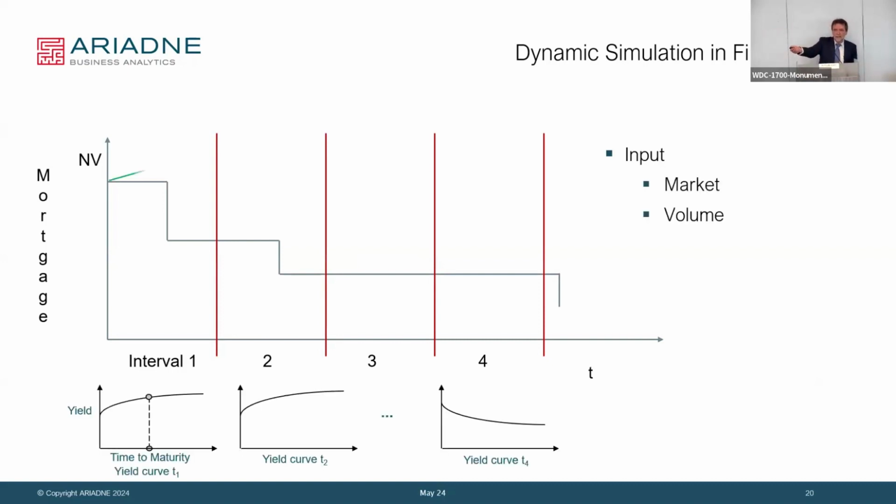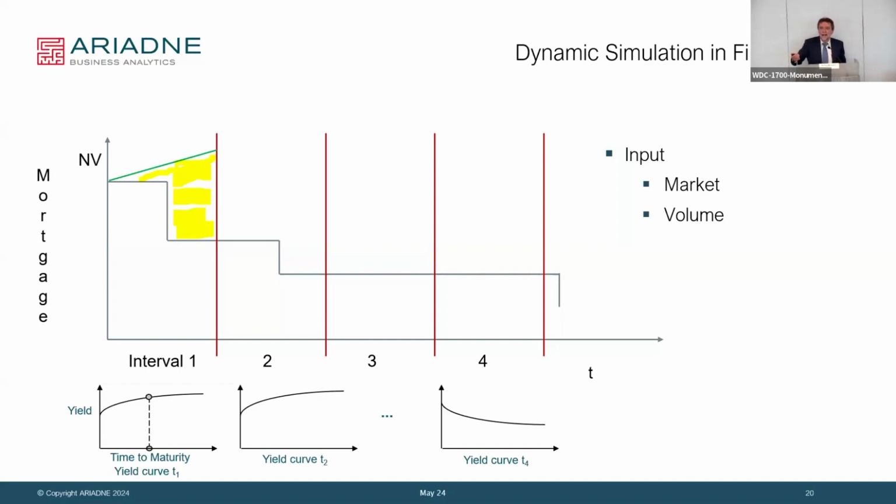So we also need the markets. And then the green line is the volume. That's the forecast. So I had 100 mortgages now. In terms of nominal value, I want to have 120, whatever, in the next interval here. So what we have to do now is to calculate this area. So that's the integral of all that stuff here.